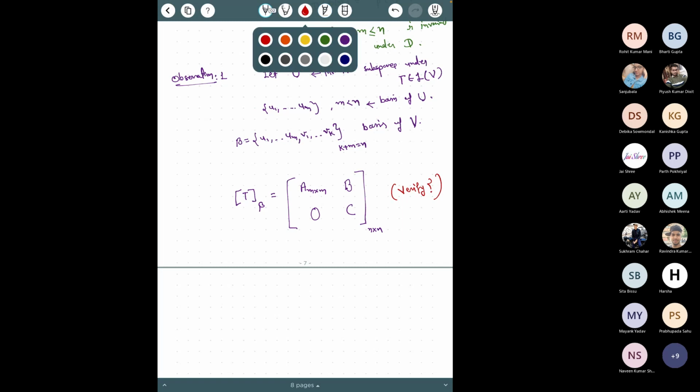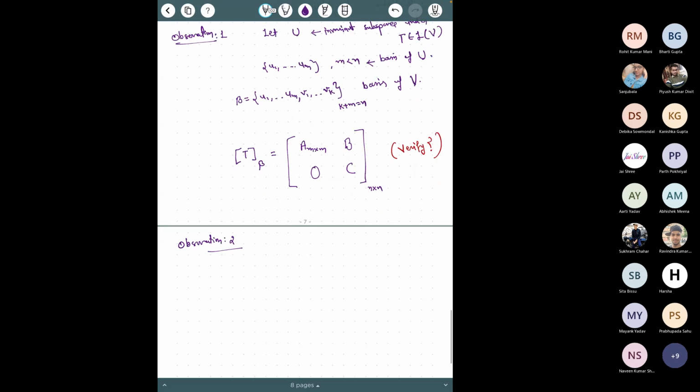Now let us make the next observation. This gives us some hope. So let us do something better than this. That means instead of one U, let's say we have two invariant subspaces, W and U. Suppose these are two invariant subspaces under T, and such that